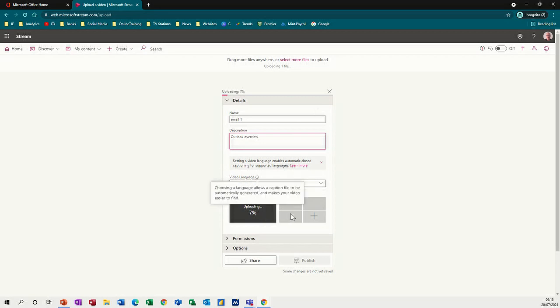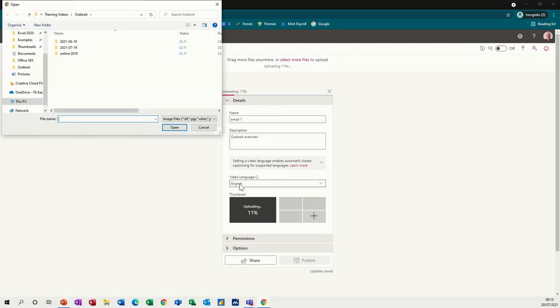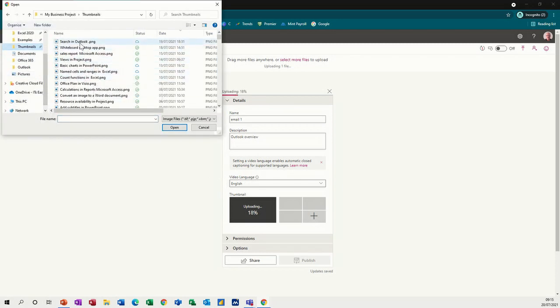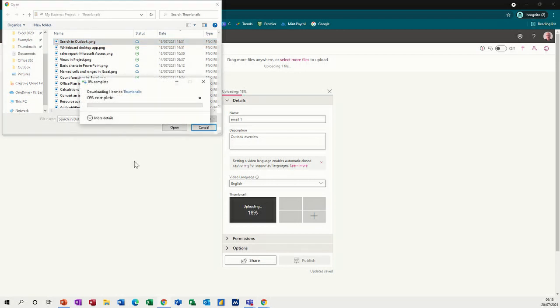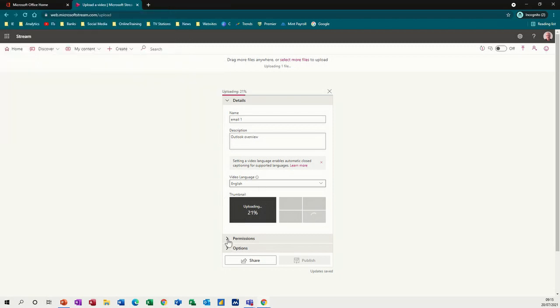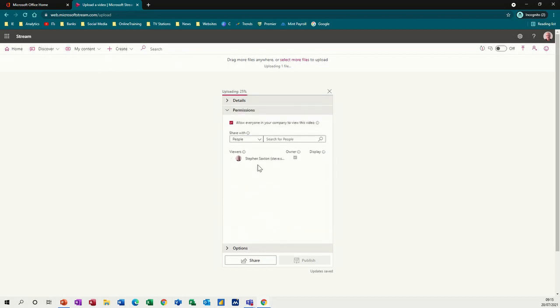English, and you've got the option to put a thumbnail in there, or you can create your own. So if I go to thumbnails, pick that one, and it's going to upload the thumbnail into this video. Now below that you've got permissions, where you can select allow everyone in your company to view